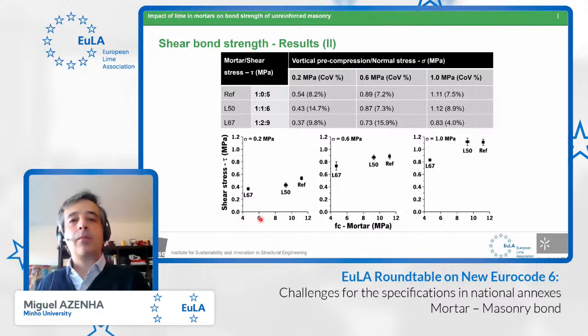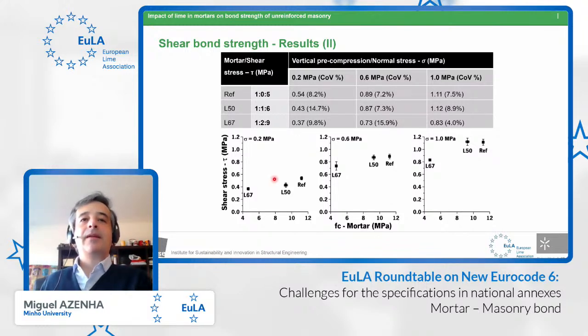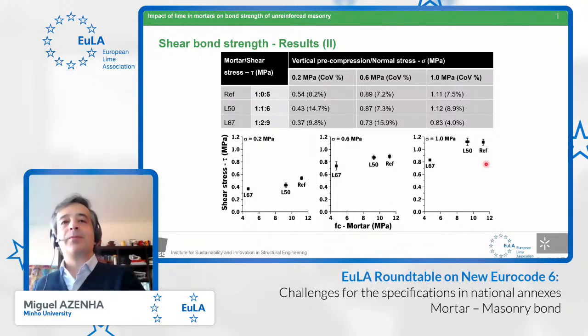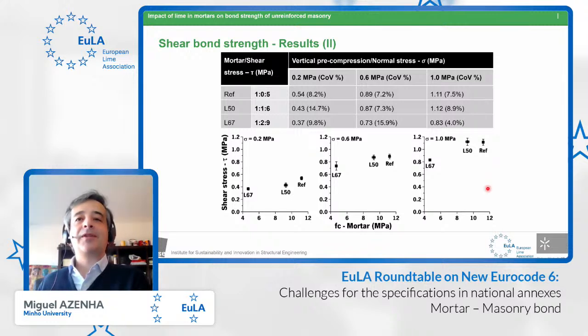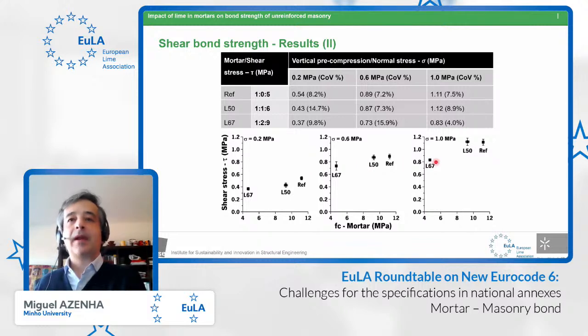So we are plotting compressive strength of the mortar against the shear stress that was observed. We can see that there's clearly a tendency of increase as we go towards the reference mortar, which had the bigger compressive strength, and of course the expectable increase with the increased pre-compression was obtained. Here again, there was not something very conclusive that differentiates the line behavior,